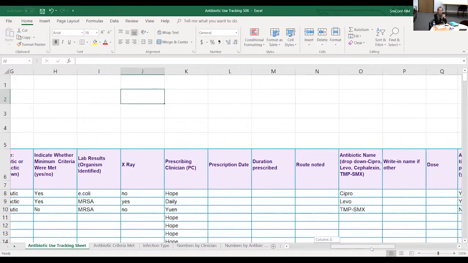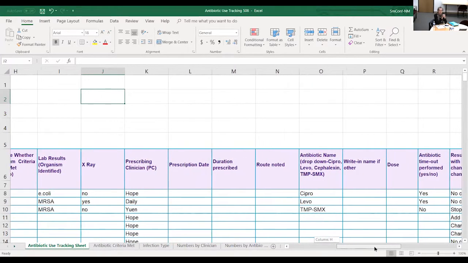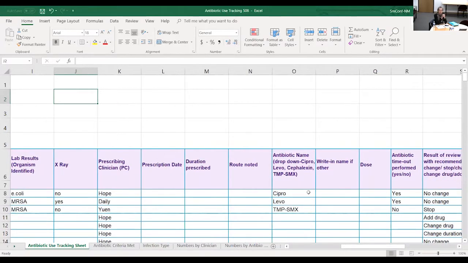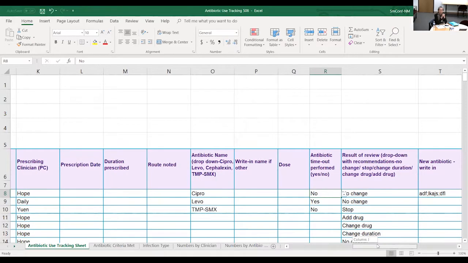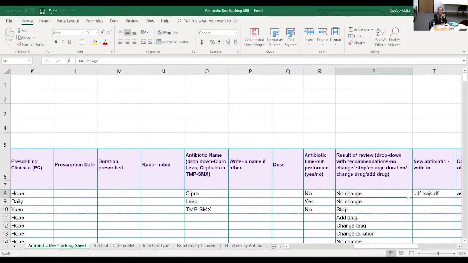And we have some drop downs here where you can put yes, no, and you can also update these. Yes, we performed a timeout. Was any change needed? No change was needed. Did we need to change it? What was the name of the new drug? Were there any adverse events? And Andy has put in some really nice summary